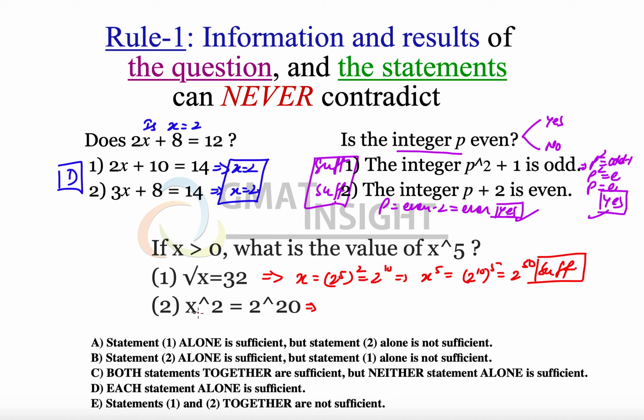The second statement says that x square is equal to 2 raised to the power 20, which means x square is equal to 2 raised to the power 10 square, which again means x is equal to 2 raised to the power 10, and that again gives us x to the power 5 is 2 raised to the power 10 raised to the power 5, which is 2 to the power 50. The same value of x we have got from the first statement and second statement, and the answer to the